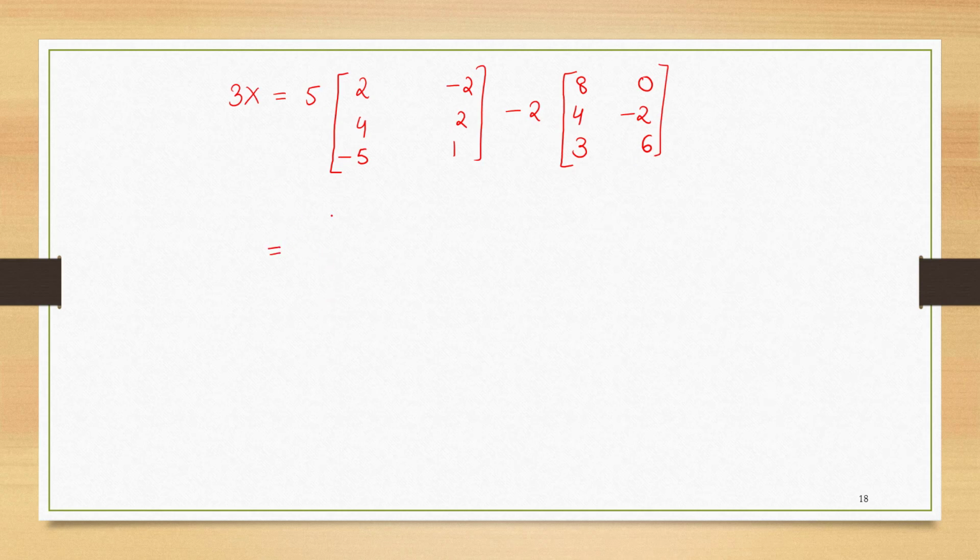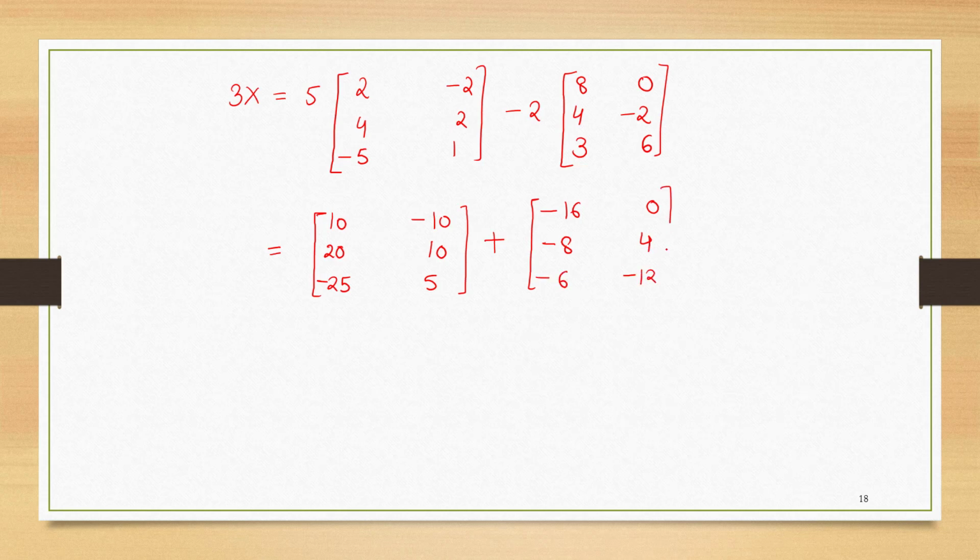Let's first multiply this 5 inside. So we get 10, minus 10. 5 4s are 20. 5 2s are 10. Minus 25 and 5. And we multiply this minus 2 inside. So we get a plus here. Minus 16, 0. Minus 8, 4. Minus 6, minus 12. Now adding these two, we get